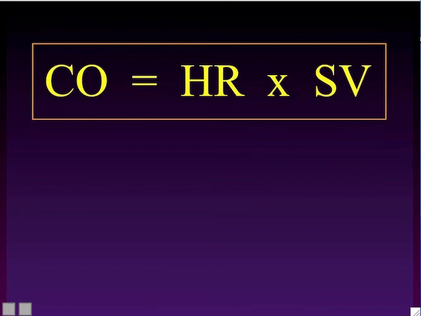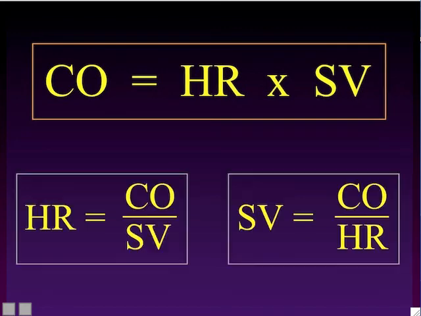Well, not a problem. There are two rearranged forms of this equation that you can use. So these basically represent the same equation as up here, but they're just slightly rearranged. These equations are heart rate equals cardiac output divided by stroke volume, and stroke volume equals cardiac output divided by heart rate. So when I'm giving you problems that involve cardiac output and heart rate and stroke volume, whatever I'm asking you to find,